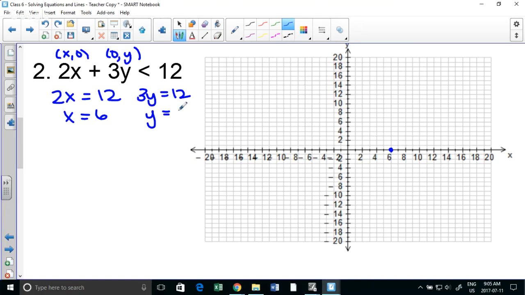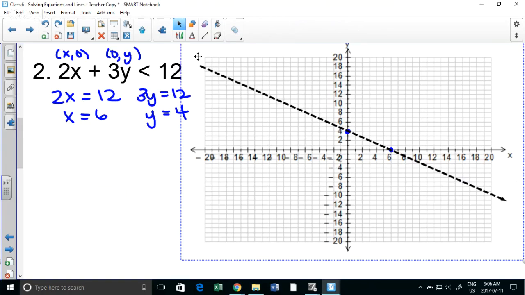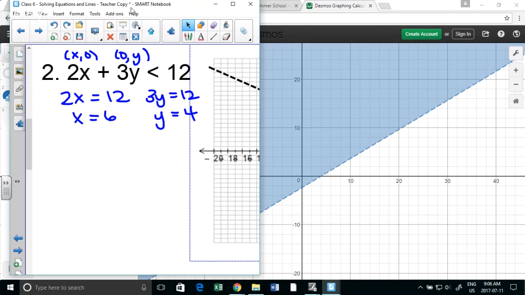So y is 4. So I have 2 points, and now I'm going to sketch the line through them. This separates into 2